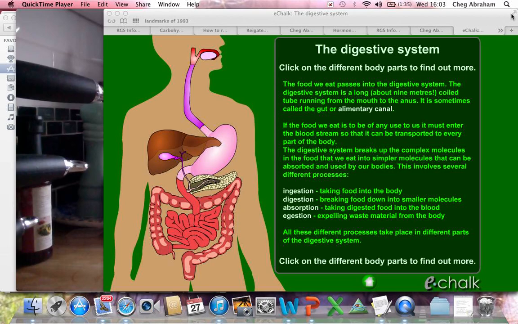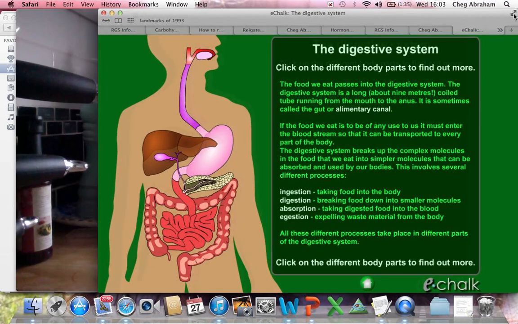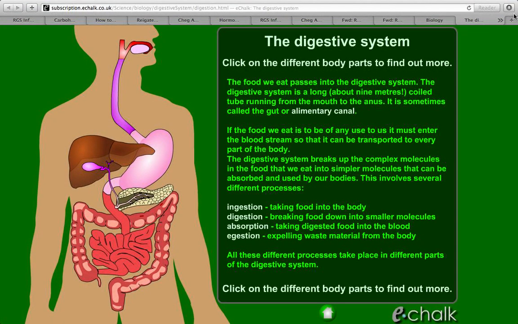Guys, I just wanted to talk to you about digestion and put a more visual slant on it. This is from eChalk. Hopefully what you can see now is the picture of the alimentary canal, and you can see what's on my screen. For example, obviously we've got the mouth, and that goes down to the esophagus, and that comes down to the stomach, and then that comes down to the small intestine, and then into the large